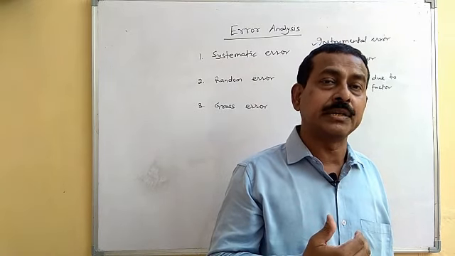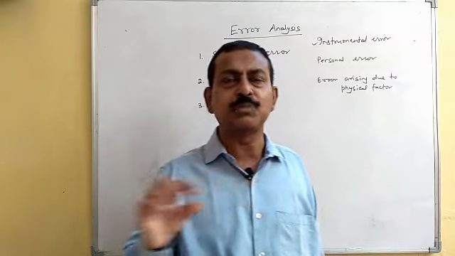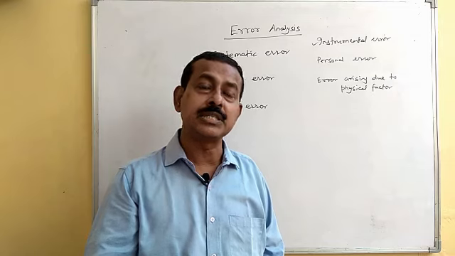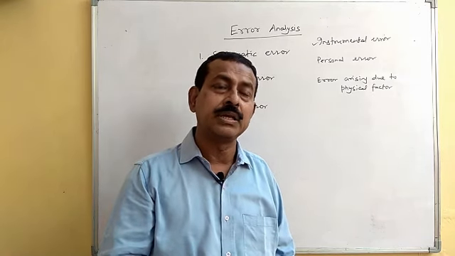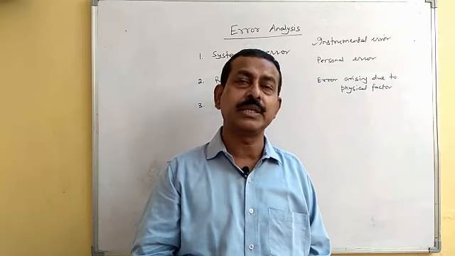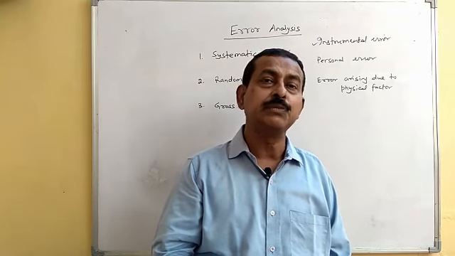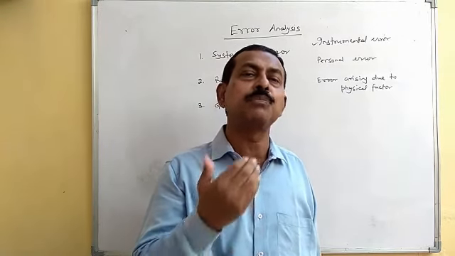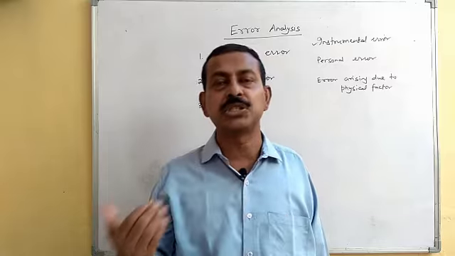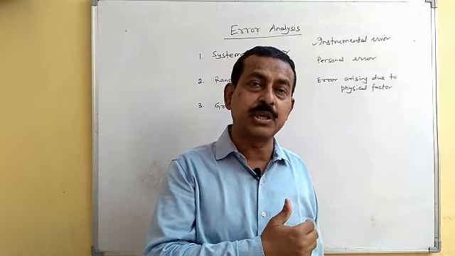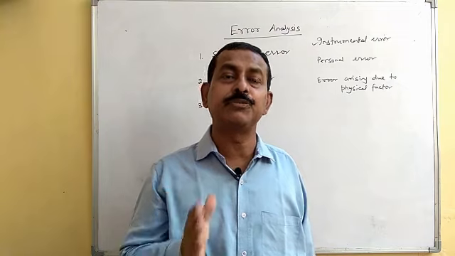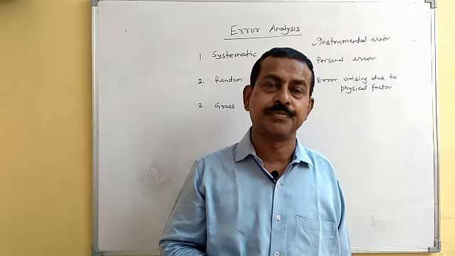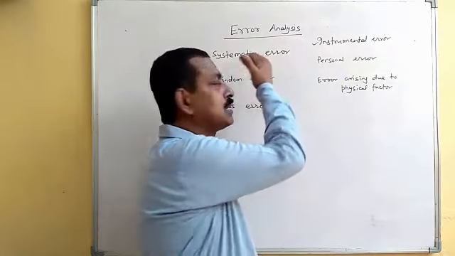Similarly, we have the zero error there. Suppose you have the vernier caliper, if the zero mark of the main scale and the vernier scale are not coinciding, in that case, there will be zero error. We call it the zero error. So obviously, if you are taking any measurement with the help of that, the measured value will be different from the actual value. It may have a positive zero error or a negative zero error, due to which the final result will be different from the actual value. So all these are the instrumental errors, which fall under systematic error.